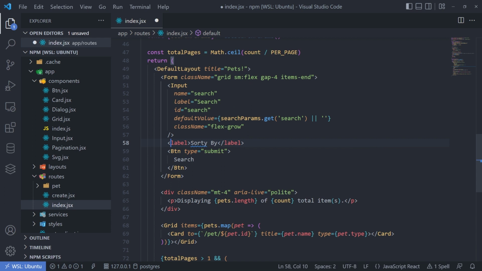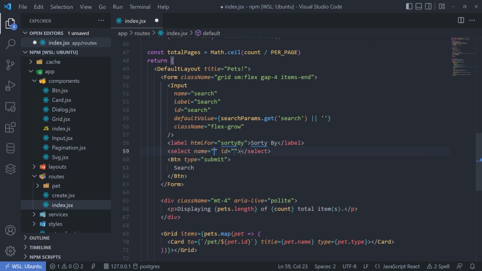by, and then I need to give this an ID. So I'm going to give this an htmlFor attribute. And this is going to match the ID on the select that we're going to be using. So this is going to be sort by, sure. And then we'll add a select, and we'll say the name is sortBy, and the ID